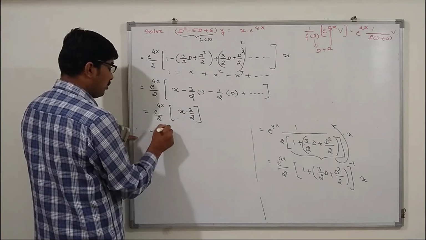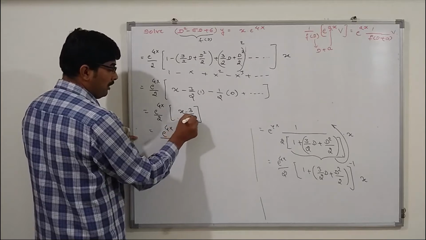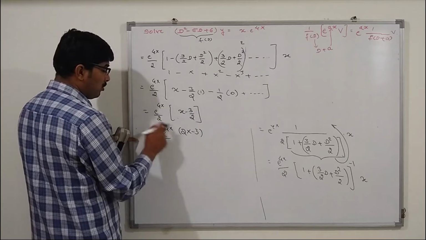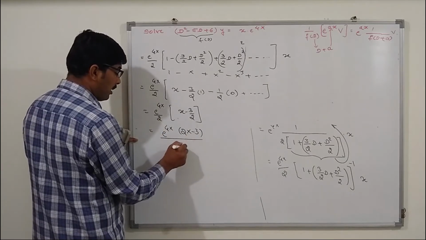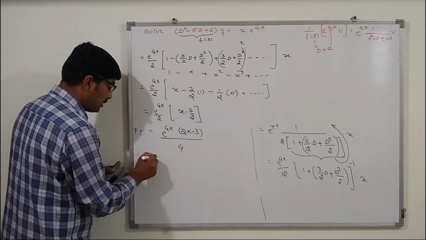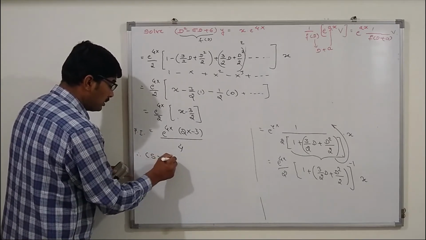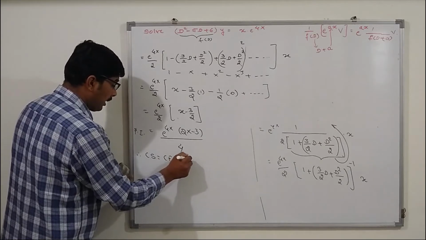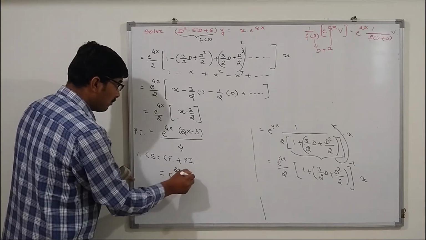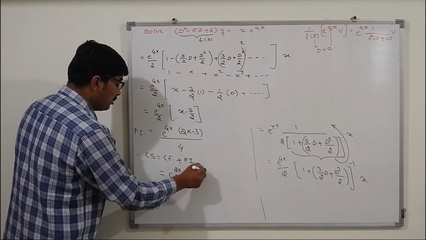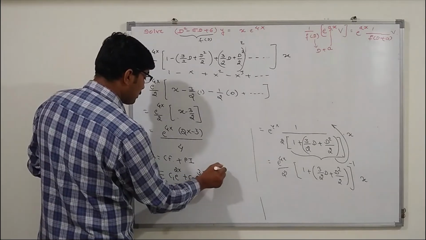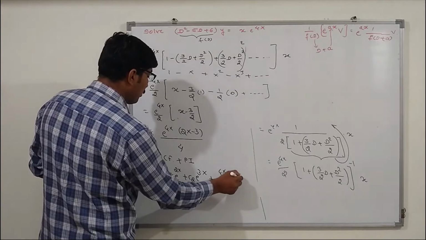And this is equal to e raised to 4x divided by 2, and if you take the LCM here, you will get 2x minus 3 divided by 2, and this 2 you will get as divided by 4. So this is the particular integral. Therefore, the complete solution is equal to CF plus PI, and CF is equal to C1 e raised to 2x plus C2 e raised to 3x plus the particular integral, that is, e raised to 4x into bracket 2